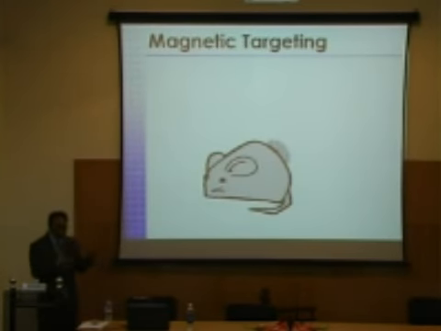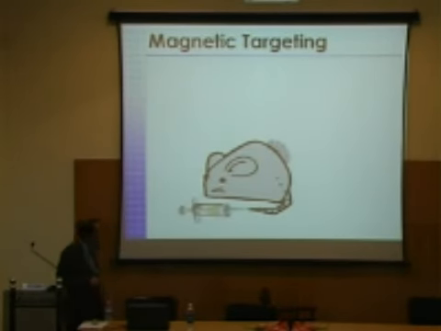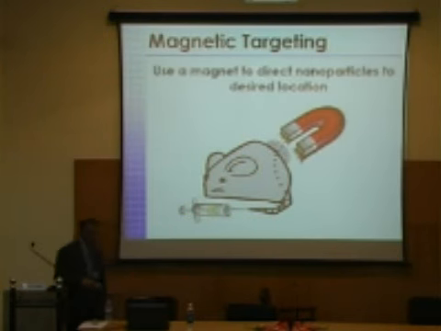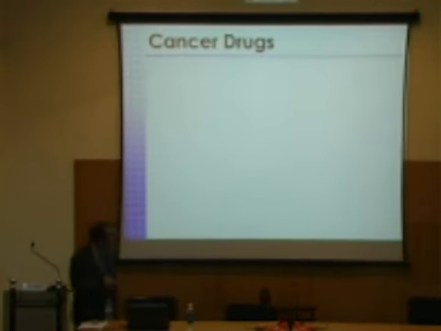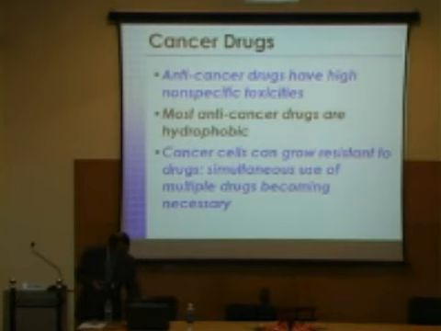This cartoon basically summarizes it. If I have a mouse that has an affected area, a tumor there, we take a syringe, put in the magnetic nanoparticles that are functionalized, and use an external magnet to guide them exactly to that area, rather than going all over the place. Then those particles can deliver the drug and perhaps kill the cancer cells. Right now, the therapy that we use is not practical because we kill a lot of normal cells too. That's why people on anti-cancer drugs look very sick because of this problem. So that is one thing that magnetic nanoparticles can do.